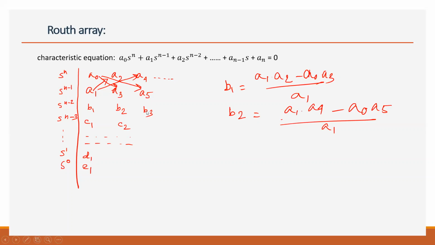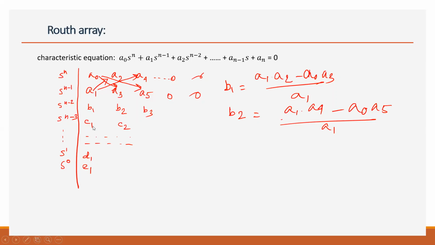If you don't have anything, you don't need to go on, because the moment you start writing 0 over here, all these coefficients will be filled up with 0. It doesn't matter. You just need to continue until you find a 0. Now you have got one more row filled up.